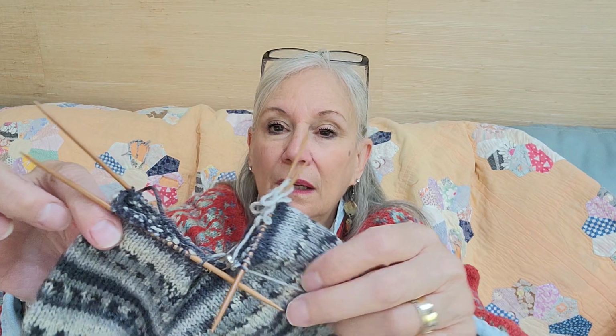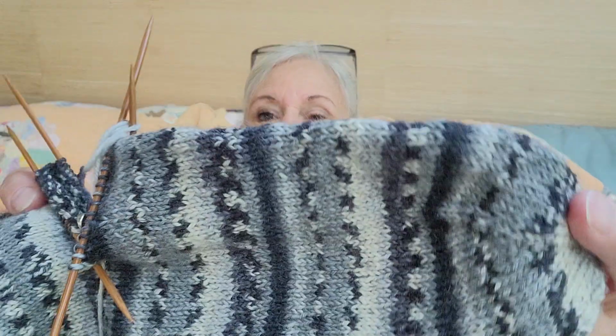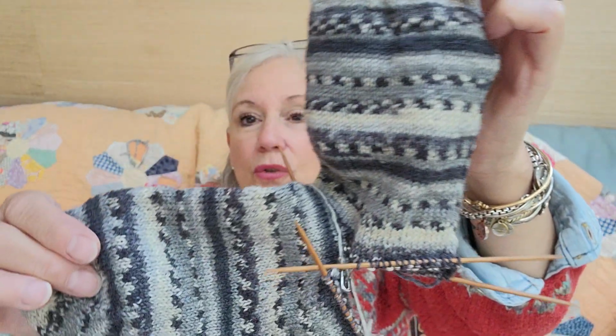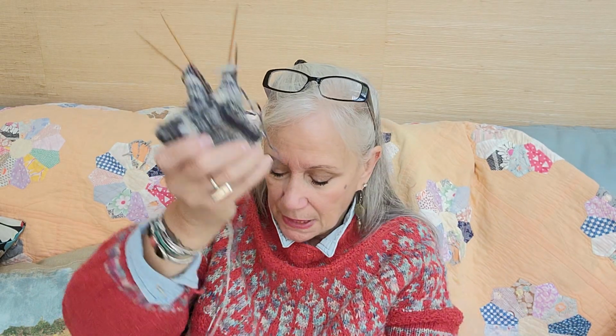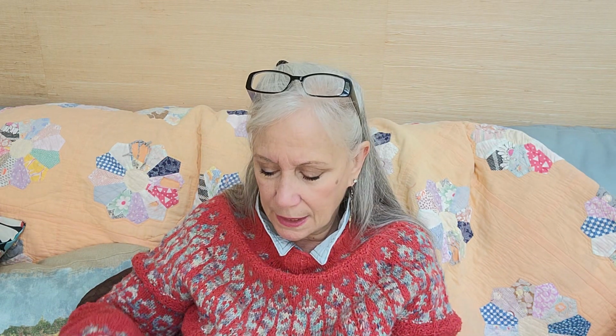So I just split for the heel, and of course I had to walk away because it makes me too nervous. But this is a Paton, P-A-T-O-N yarn from a big box store, and he really likes it. And it makes its own cool striped pattern, which looks like, wow, you're really impressive. But I'm going to take my time, and make sure that I'm either by myself or that I can devote some time to work on the heel